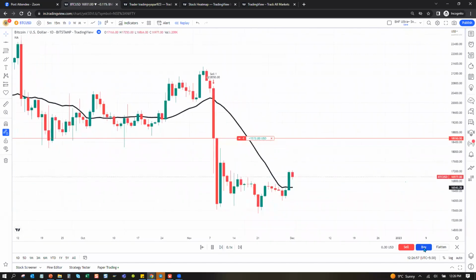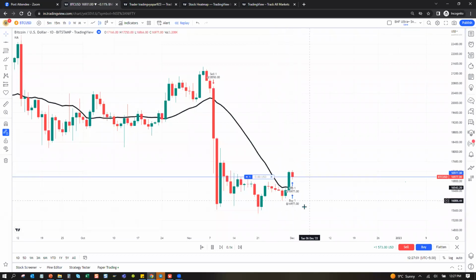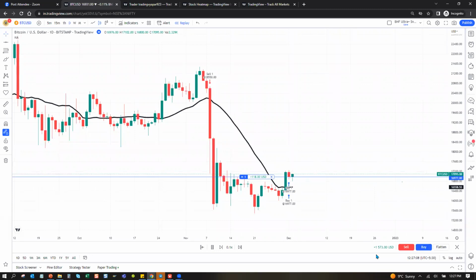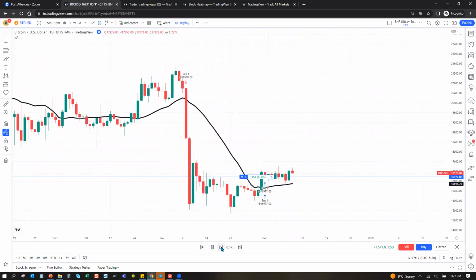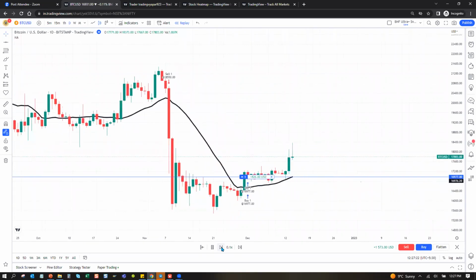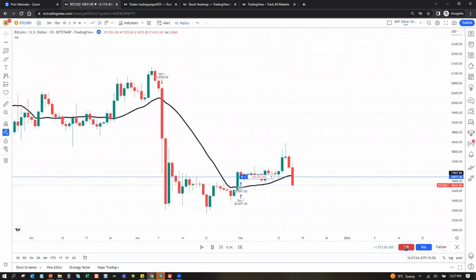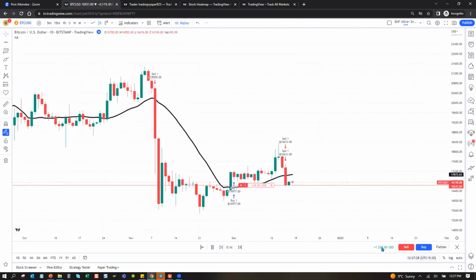It crossed up, so click buy, it will close your position, and another buy, it will open the buy position. So the sell has been squared off, and a bullish position is now taken. So in your previous trade, as of now, you have made this much profit, 1573. Okay, that's in USD terms. So go next. Bullish. It cracked. So close this position, open new position. Okay. Now your profits as you do.